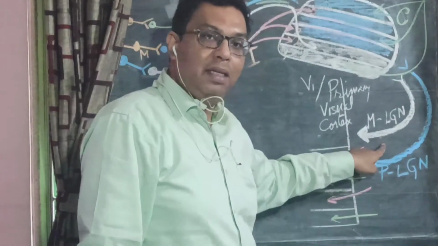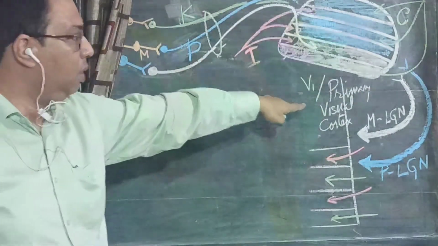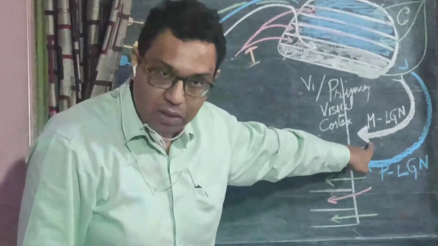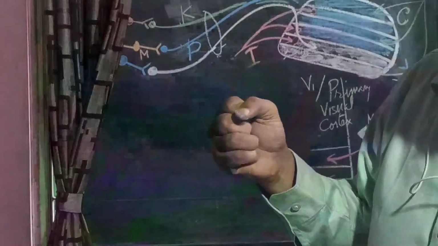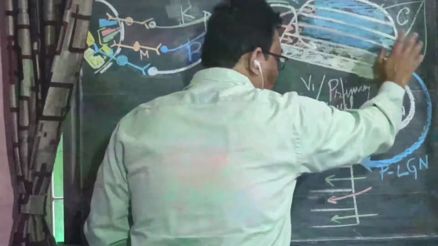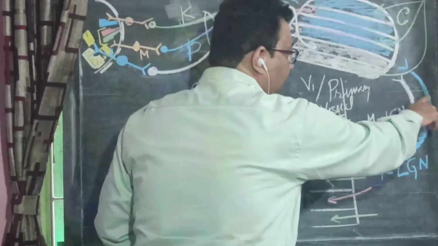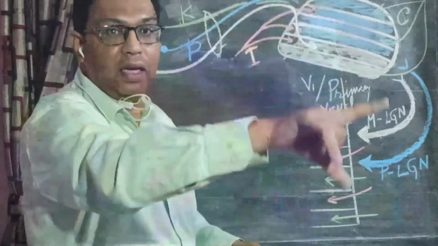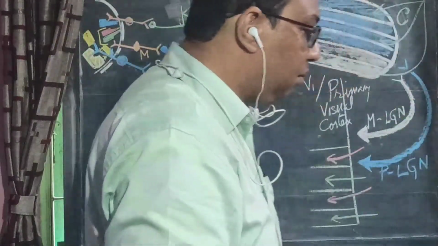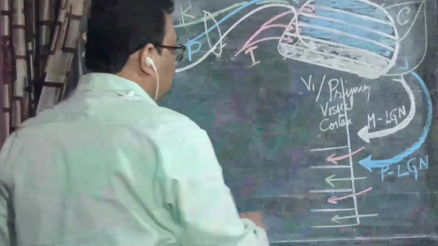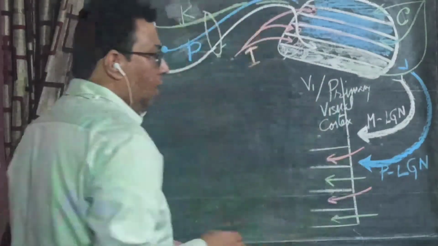What do they carry? They carry the same information as before. The magnocellular pathway will carry very fast information. They are very fast in transmission of information, and they carry the perception of dim light, and they also help in the detection of movement at the periphery. What does the parvocellular pathway carry? Right from the cone up to the primary visual cortex, they will carry the essence of bright light vision. They have very accurate vision. They will carry form, and they will carry the ability to perceive color. So they come and contribute to the primary visual cortex.